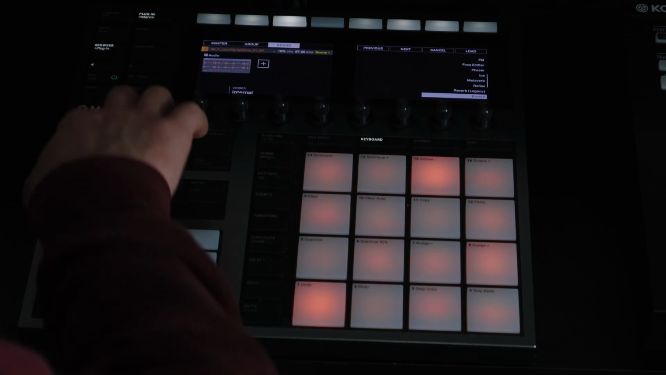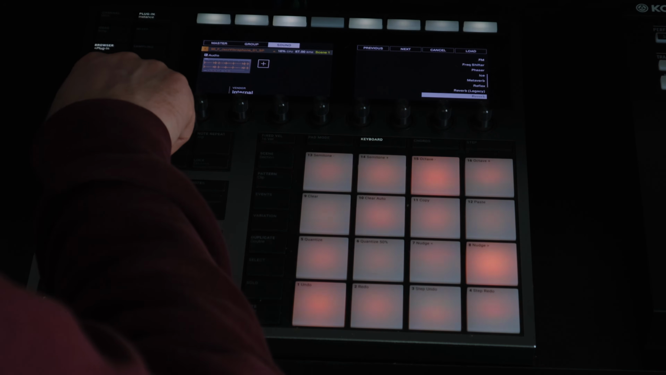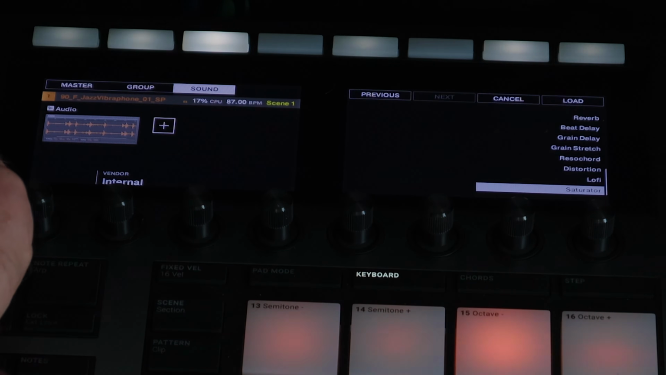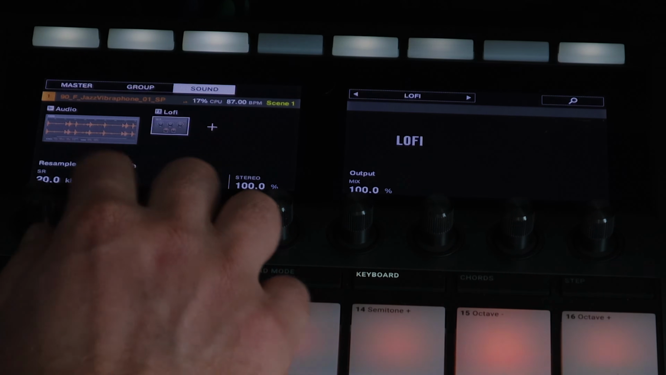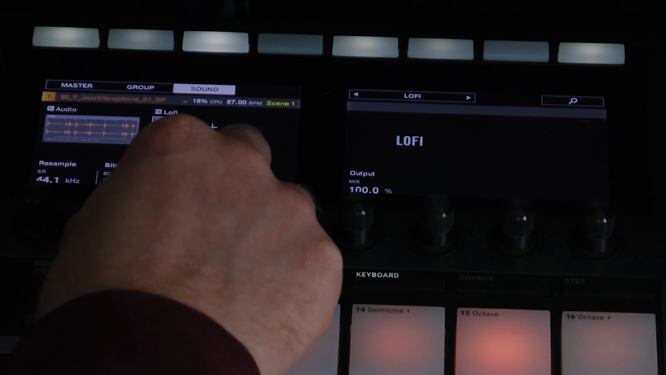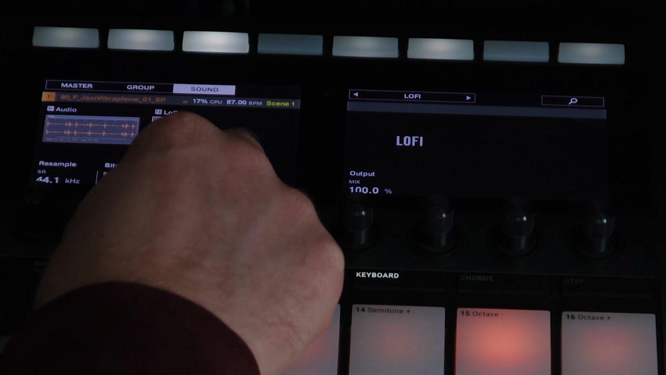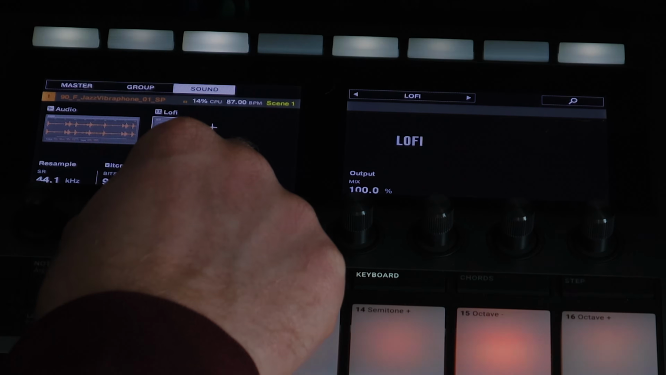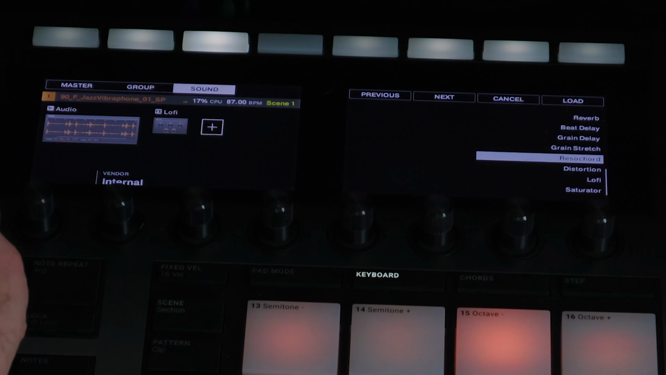I'm just going to add some effects to it real quick to try and get kind of more of an old vibe. So let's just grab lo-fi. We'll let it go all the way up, but we'll have it bit reduction wise. Let's really dirty it up. That's kind of gritty there. Let's have beat delay on there